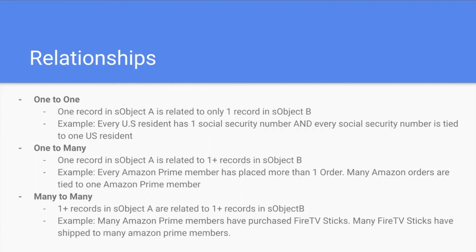So if Amazon had an S-object called members to keep track of all their members, and they had another S-object called products where they had every product listed out as a record, we could say that many Amazon Prime members have bought that one record, Fire TV sticks, and that one record Fire TV sticks is associated to multiple members. So there's a many-to-many relationship for us there. So now we can move on to the next section